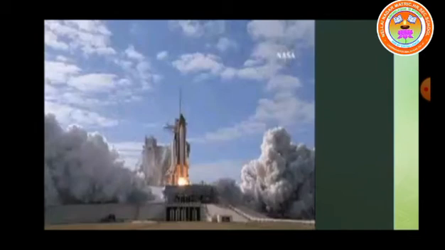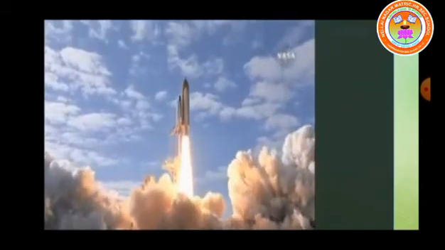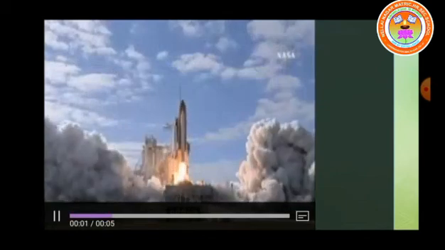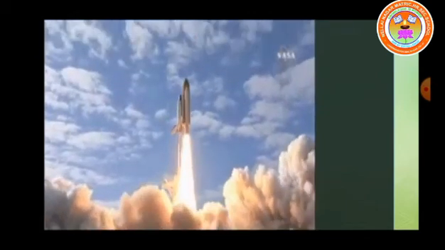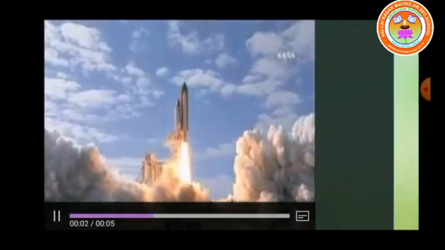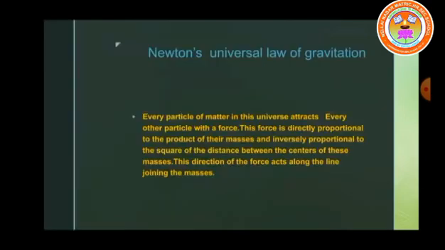While in motion, the mass of the rocket gradually decreases until the fuel is completely burnt out. Since there is no net external force acting on it, the linear momentum of the system is conserved. The mass of the rocket decreases with altitude, which results in a gradual increase in velocity of the rocket. At one stage, it reaches the velocity which is sufficient to escape from the gravitational pull of the earth. This velocity is called escape velocity.